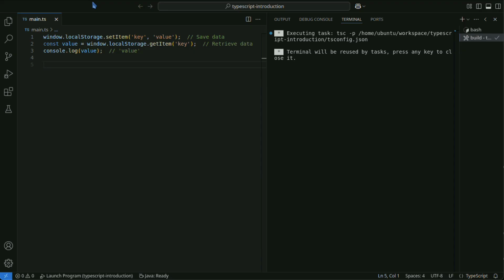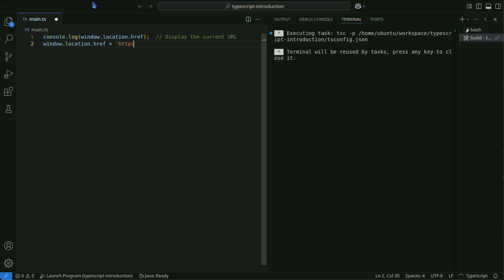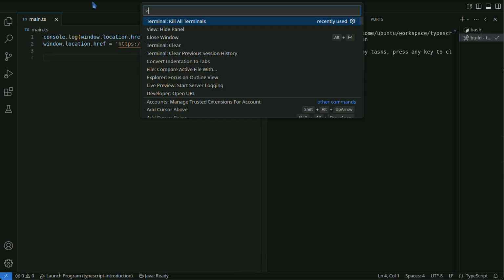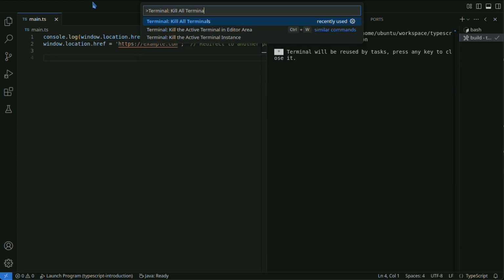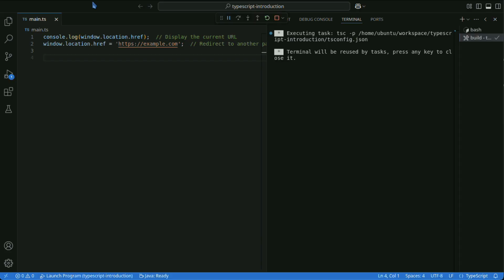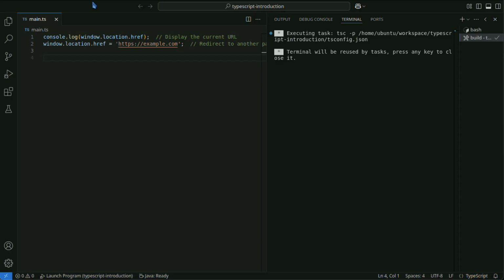Window.location is an object used to retrieve and manipulate information about the current URL. You can perform redirects and change URLs. In this example, the URL is displayed and the user is redirected to another page.